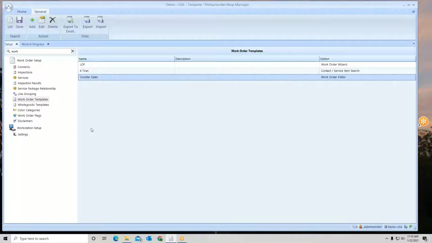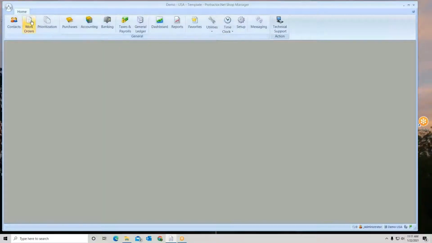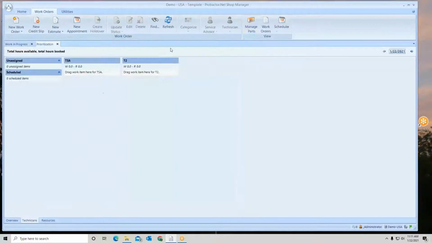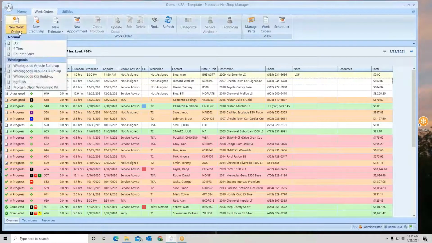So let's go see how these are going to be applied. So in order to get this to refresh, I'm going to close everything up. So let's go to work orders. Now, whether I'm doing this from the work in progress screen or the prioritization screen, and I'm in overview here, for example, I can use my templates. So you see this is a split now. If I go up here at the top, it's going to write a standard work order with all the steps. But now I have my templates. So if I want to start a work order with the LOF,